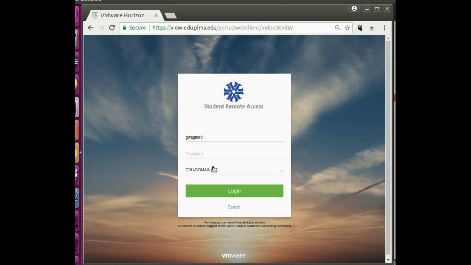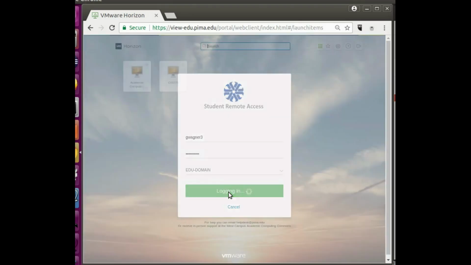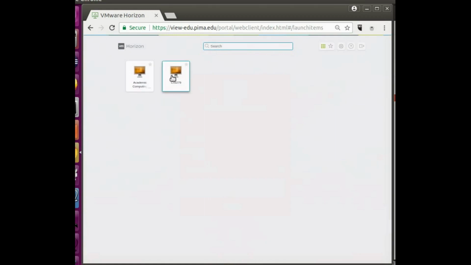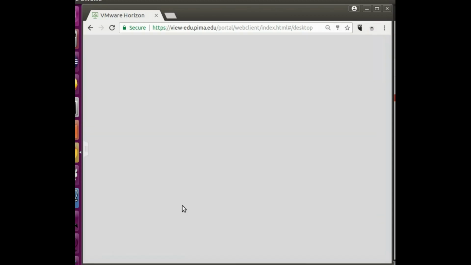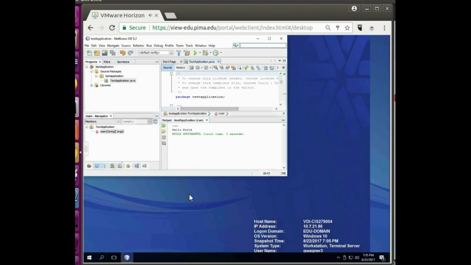My username is gwagner3, and then my password is a bunch of dots. I leave the edu domain the same, and I'll do login. And then you should get this window. I have this academic computer for doing teacher stuff, but you should see a window that says CIS 279. Click on that, and then this will bring up a